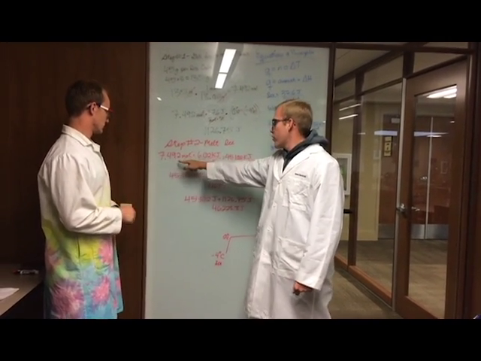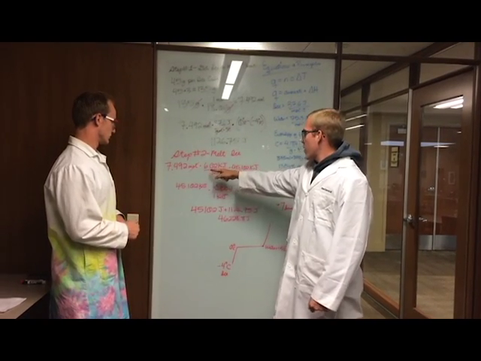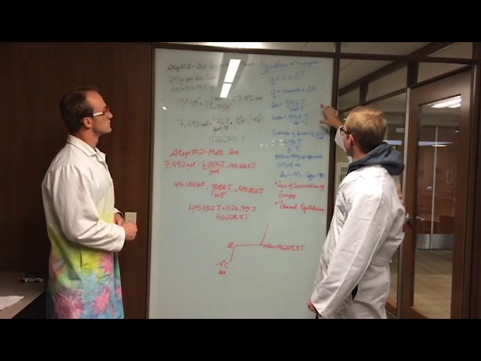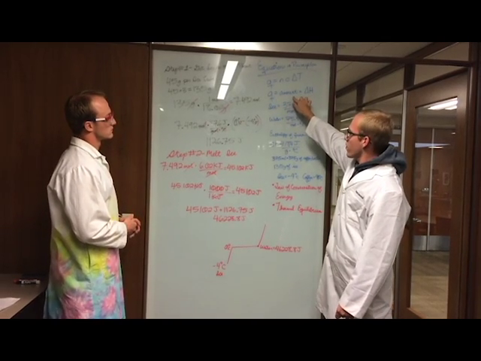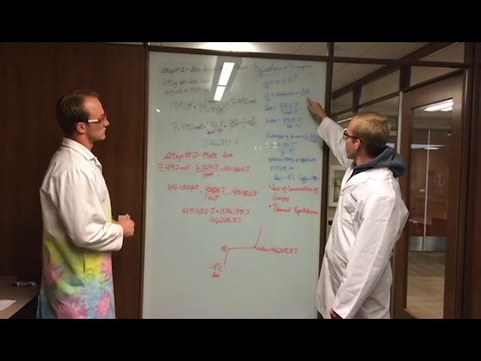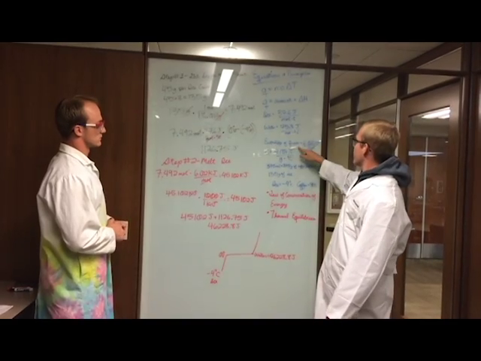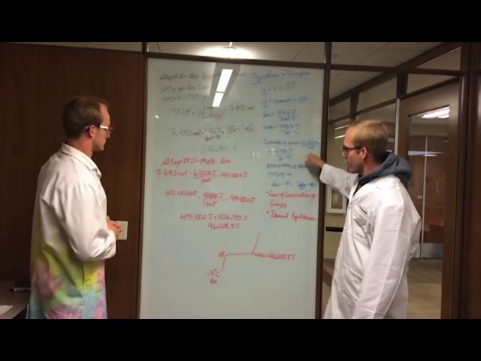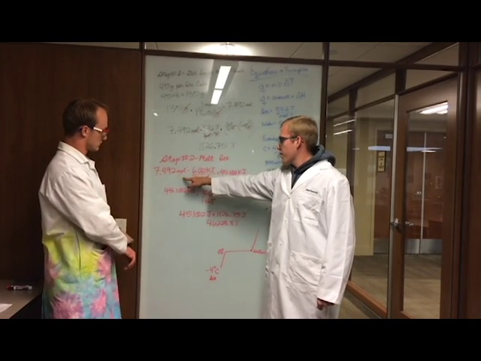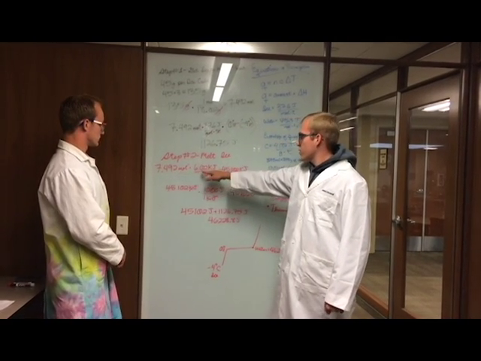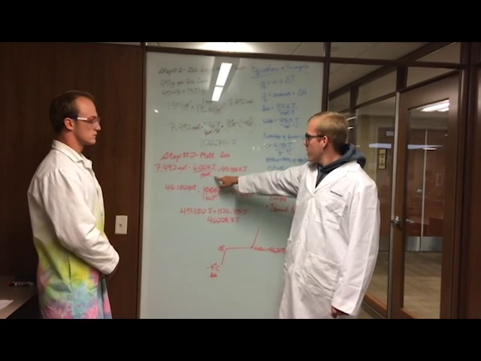So 7.492 times our enthalpy, which we get from this equation right up here: the amount of heat equals the amount of the substance that we have times our enthalpy. Our enthalpy of fusion is 6.02 kilojoules per mole. So we plug that number in right here: our 7.492 moles times 6.02 kilojoules per mole